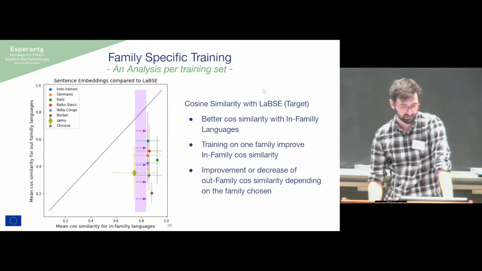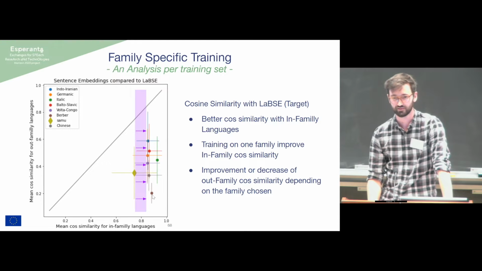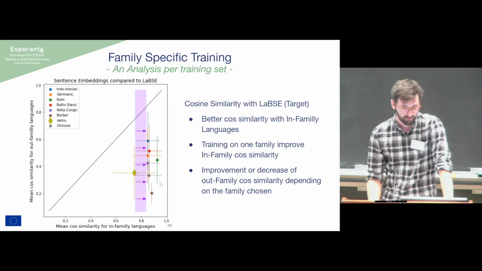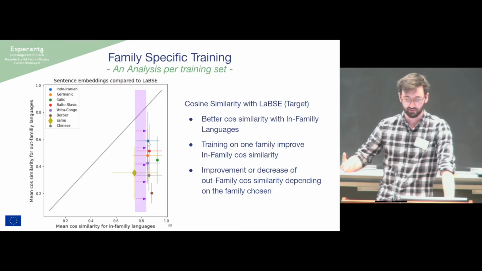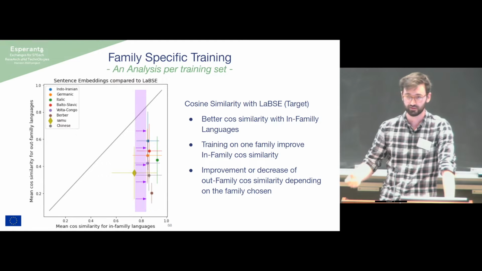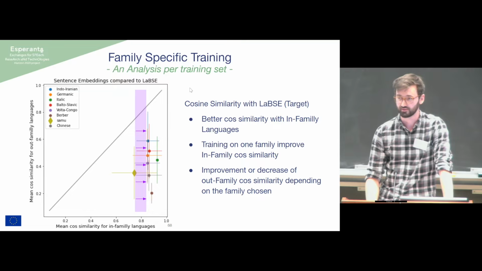And the two points that are interesting here: the lower one, the Berber one, got the worst results. Might explain why we didn't get anything useful from it earlier. And the best one, the one that got maybe the best generalization because it got closer to out-family languages, is the Indo-Iranian one. That might be a first element of explanation.